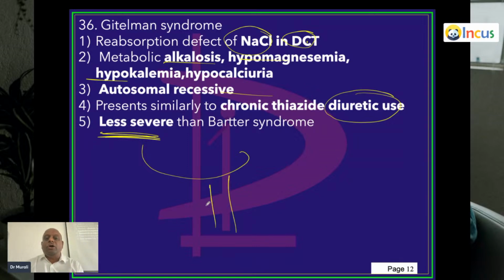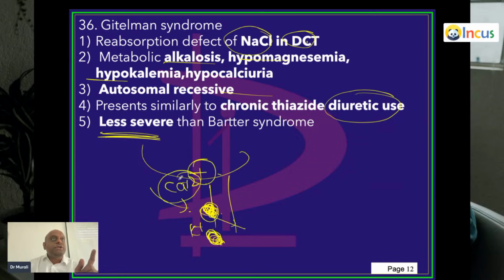Correct. Actually, ROMK channel activation becomes counterproductive. See, since potassium is not there, the ROMK channel is activated, and ROMK is causing further efflux of potassium, and loss of potassium is creating what? Loss of positive charge as an electrochemical gradient. So the positive charge in the membrane prevents the positively charged calcium from being lost into the tubular fluid.